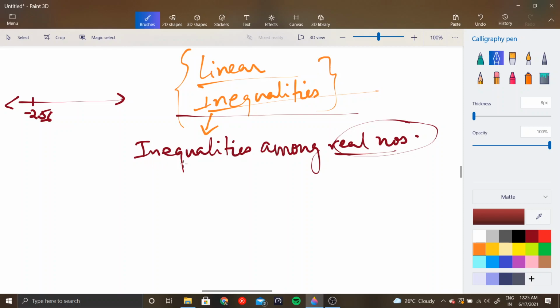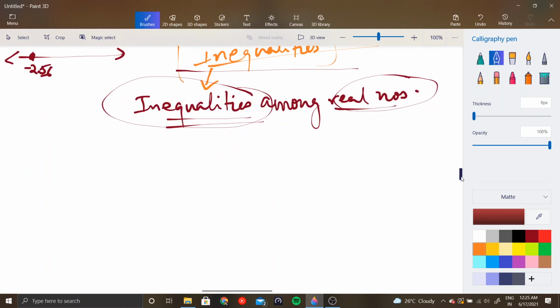Equality is basically when the numbers are equal. So, we are not interested in that case. We are interested when the numbers are not equal and we need to find certain ranges related to these values. So let us jump into it straight.